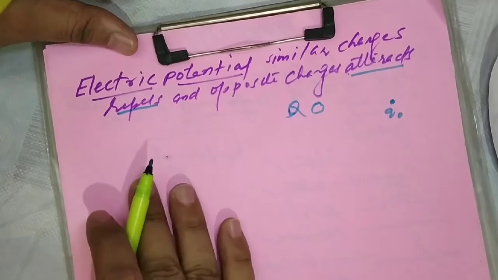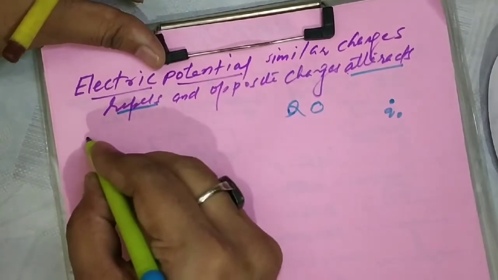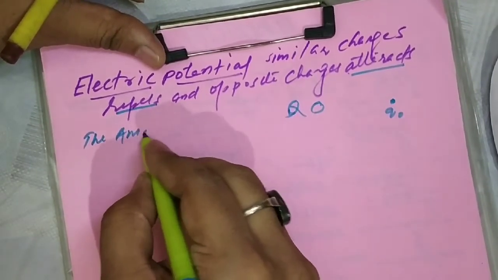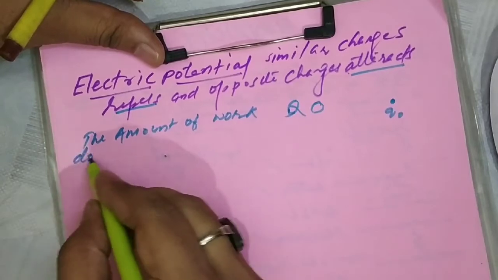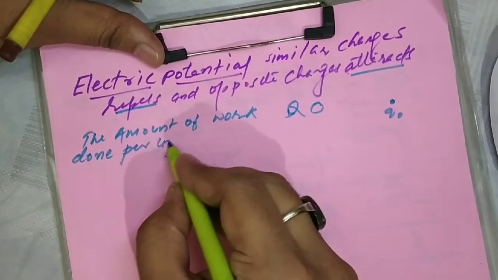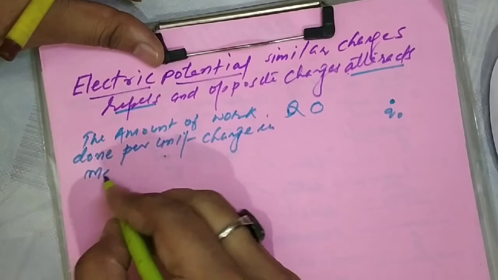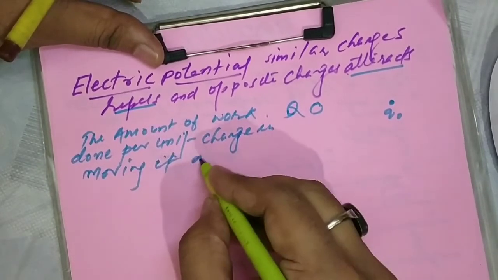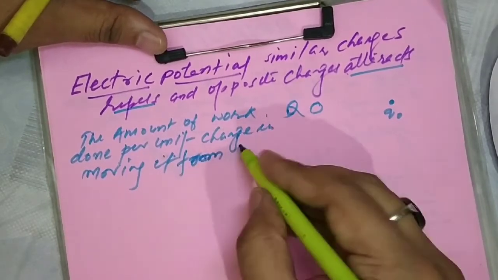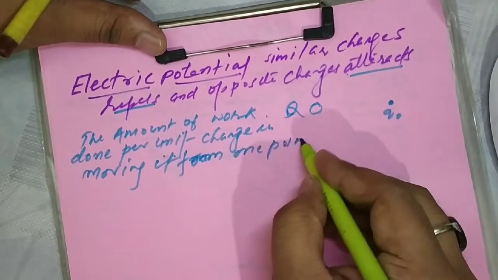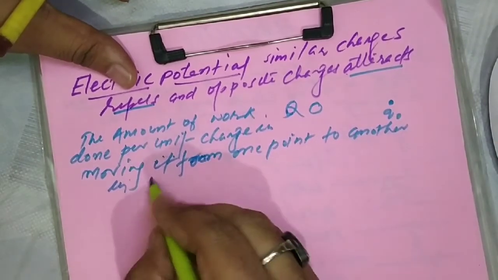So quantitatively we say the amount of work done per unit charge in moving it from one point to another in the vicinity of a charge,